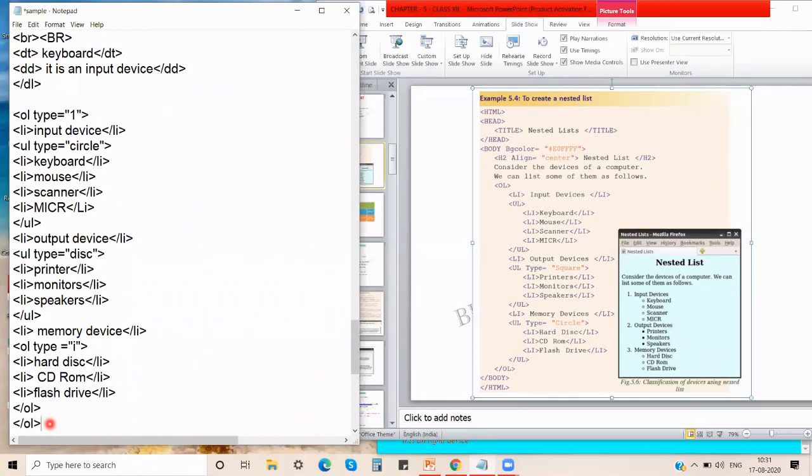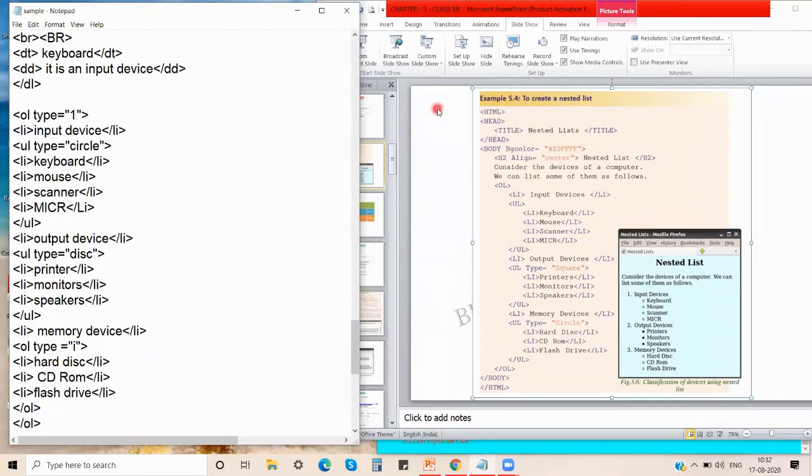Okay. So I have typed my entire program. After typing, check the spellings by yourself, as your browser will not tell you the errors. So you have to be very careful with the spellings you are typing, especially the spellings I have told you. Okay. So this I have typed. I'll press Ctrl S to save my file.